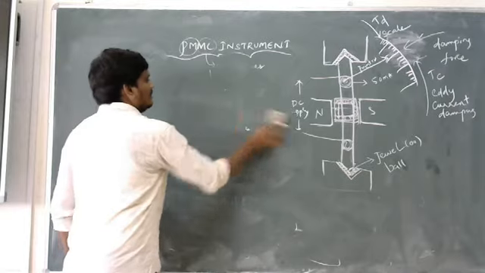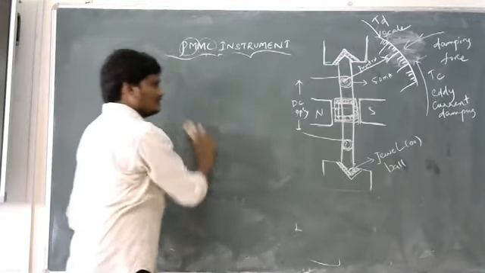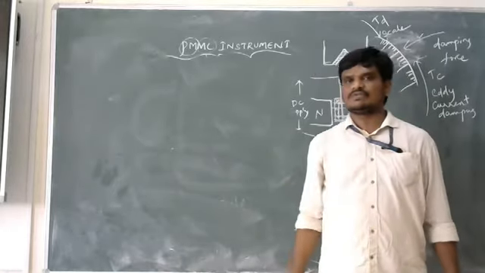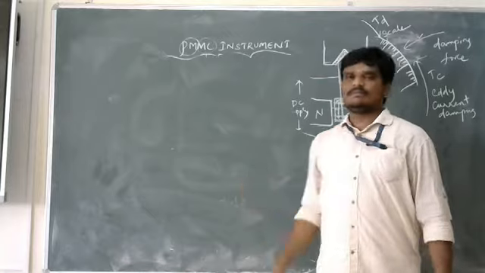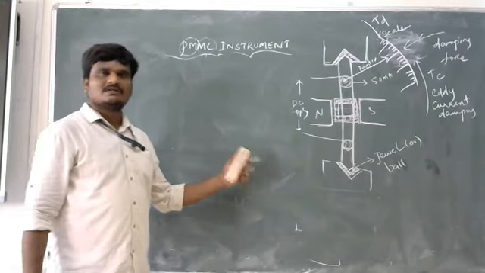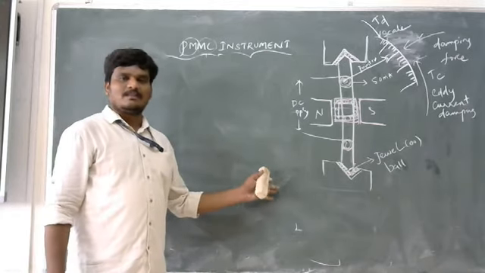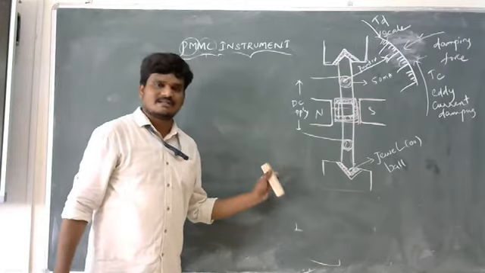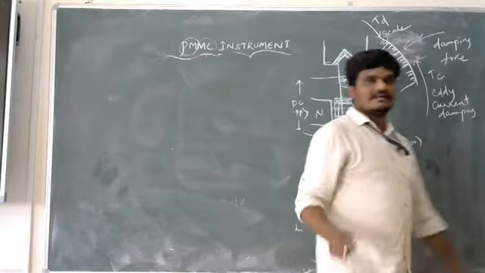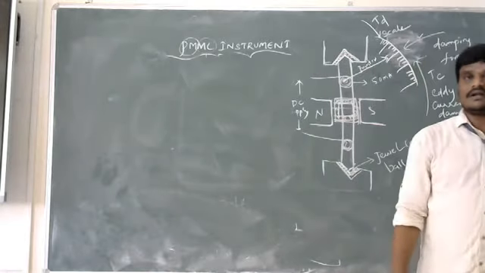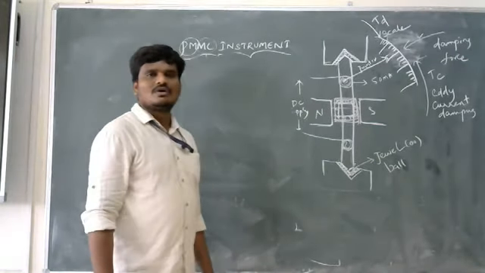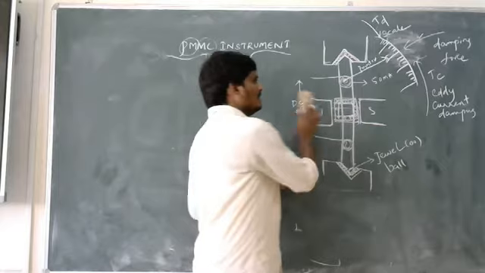These are the different parameters we have discussed in today's class regarding the PMMC instrument. Coming to the first one, construction of a PMMC instrument. Next one is working of a PMMC instrument. Coming to the next point, advantages of a PMMC instrument. Next, disadvantages. Next, applications. Coming to the next, errors present in a PMMC instrument, the last topic regarding errors and their impact in a PMMC instrument, and also how to reduce the errors.